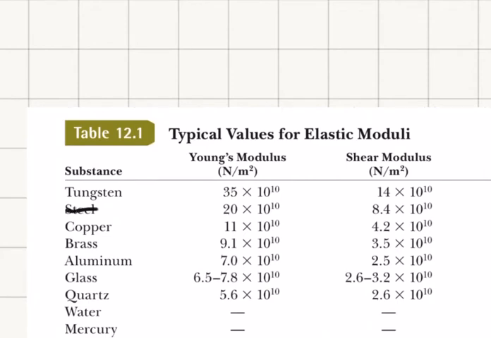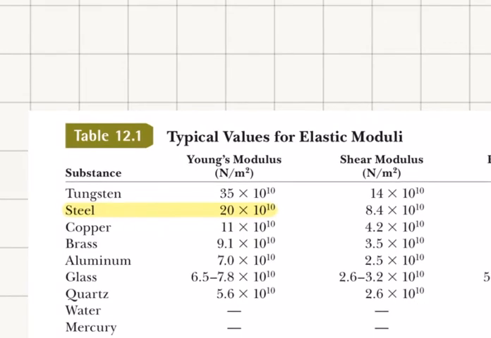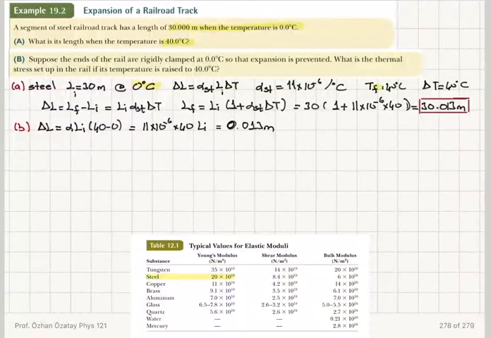For steel, Young's modulus is 20 times 10 to the 10 newtons per meter square. So I can use this Young's modulus in order to calculate the stress. Stress is given by force per area. It's Young's modulus times strain. And stress is equal to Young's modulus, 20 times 10 to the 10, times strain, which is delta L divided by